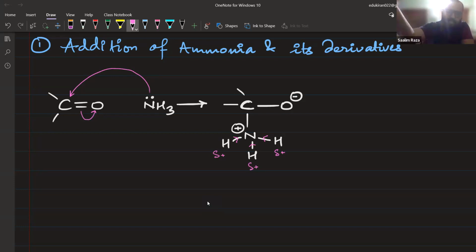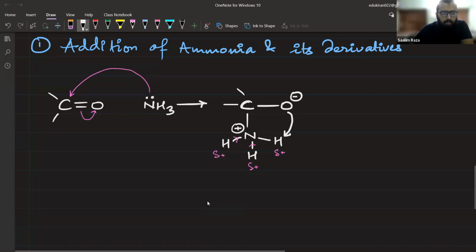O negative does not need a hydrogen from outside. O negative will quickly, obviously, if there is something inside the house, that is what will be used. So in the same molecule there will be an intramolecular reaction like this. Oxygen will attack the hydrogen with delta positive charge. The hydrogen which has a bond with the nitrogen atom will give the electron density like this